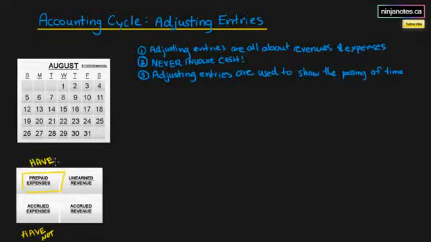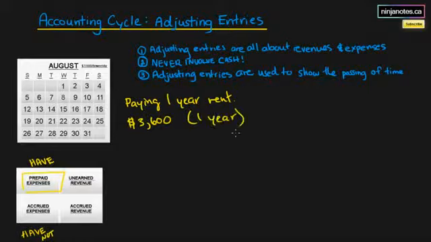One example could be paying 1 year of rent for, maybe we could say, an office that we're renting. So let's say that we initially paid $3,600 for 1 year of rent, and that our rent contract begins on the 1st of August, and that we